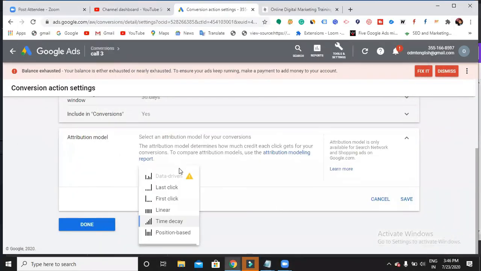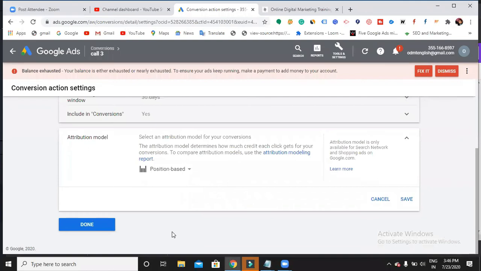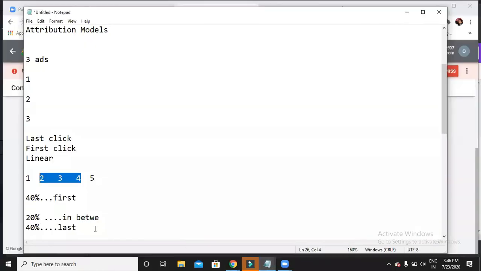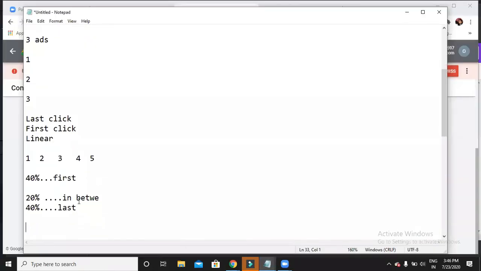The next one, position based. What is this position based? First, last, in between.